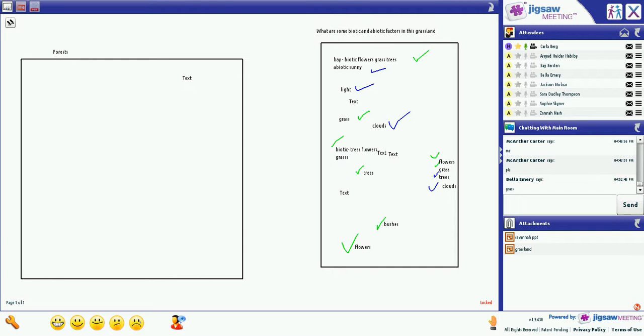Now, a forest is an area on the land that is covered with trees. That is the basic definition of a forest. So who can go ahead and think about some characteristics that we may see in a forest? Go ahead and put them over on the whiteboard.